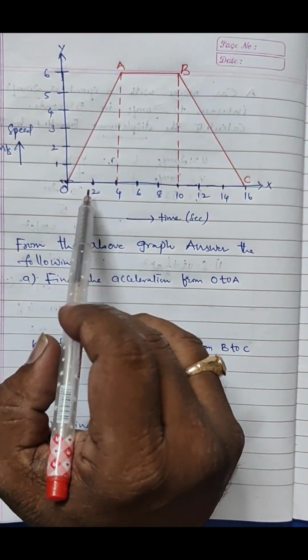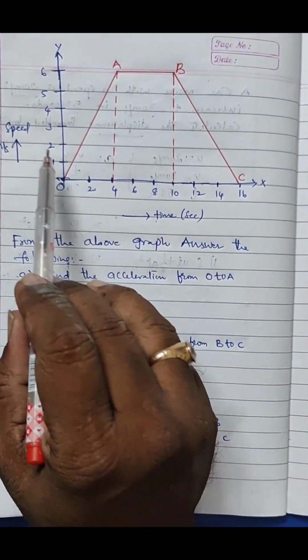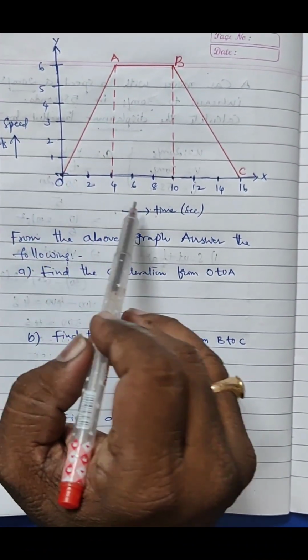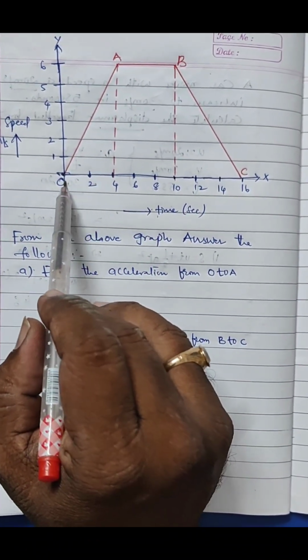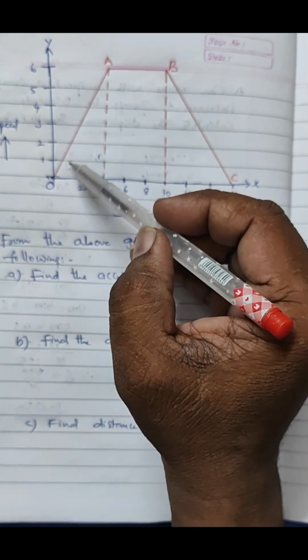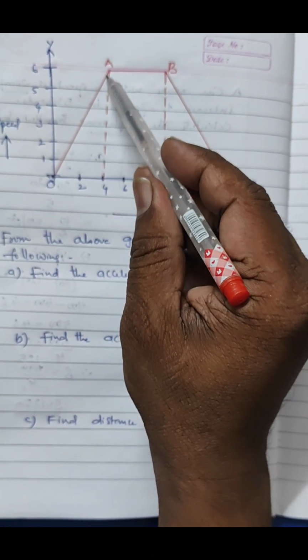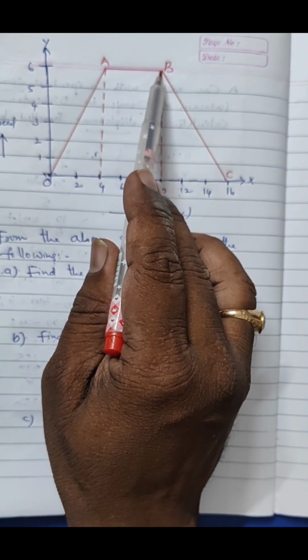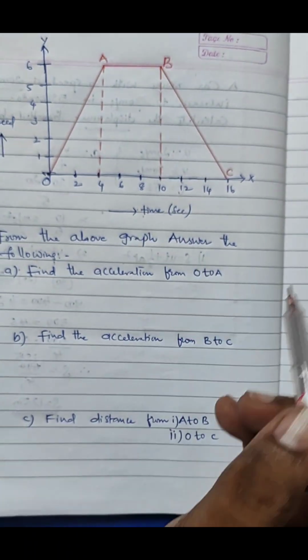So here is the graph for speed and time. Generally, velocity by time gives us acceleration. The graph clearly makes sense, going from O to A to B and again to C. Obviously, we know that if the velocity is increasing, it is called acceleration, then kept constant, and again it is